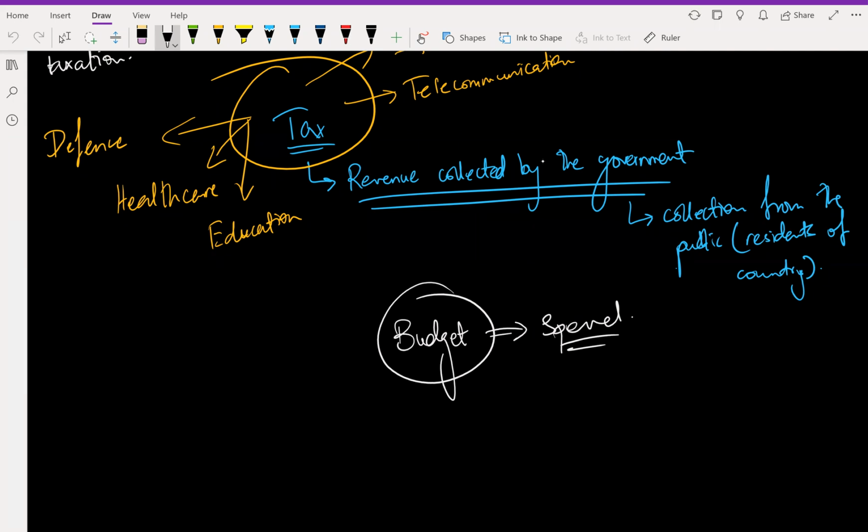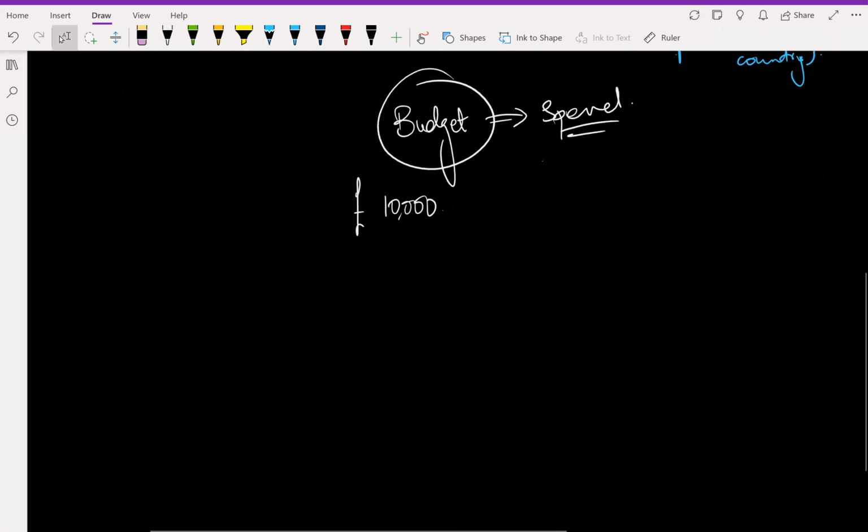The problem is that if you have collected, let's say, for example, your personal income, I'm going to talk about. Let's say your personal income is 10,000 pounds. Okay. We're going to study in pounds because we're studying the UK taxation. Okay. Let's say your personal income is 10,000 pounds. If you want to convert in Omani Rial, you can, your choice. Okay. But let's say this is your income